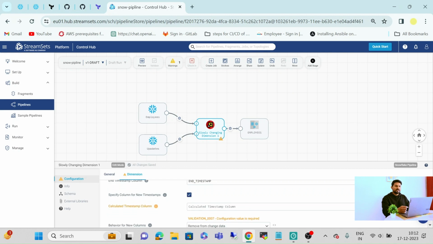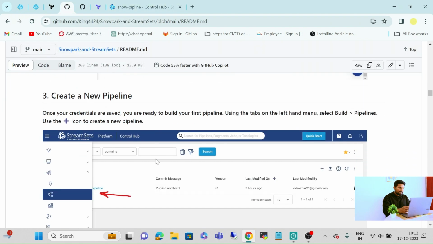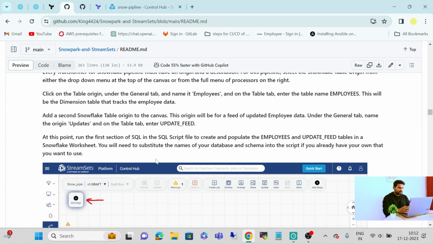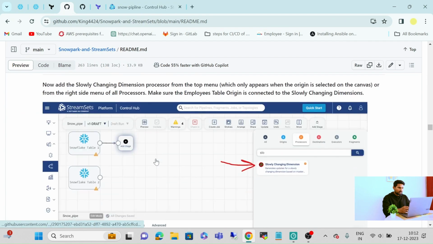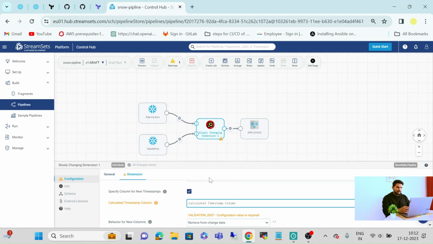In the specify next timestamp, we are going to select current timestamp. Simply copy from here and paste it here.